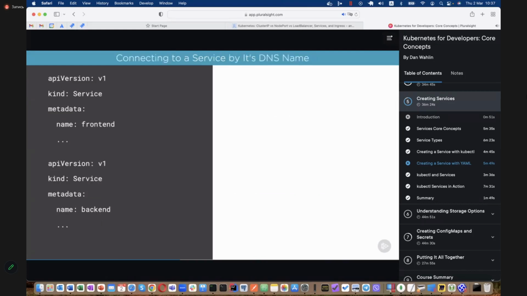Now, one of the interesting things about services is the name that you give them in the metadata section. So in this case, we have name front end and the bottom one name back end. That gets its own DNS entry within the internal DNS in the Kubernetes cluster. Now that's great because instead of having to memorize an IP address or something like that to get to the service, which then calls the pods, you can just use front end, back end, or whatever name you decide to go with for the name of your